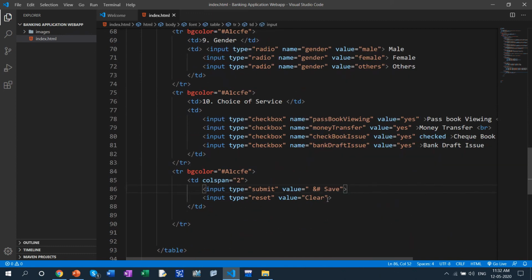That number would be 9989. 9989 is a nice Unicode it has done. I'll show you the Unicode that is very relevant to this save button. Along with this, the cancel button will have relevant